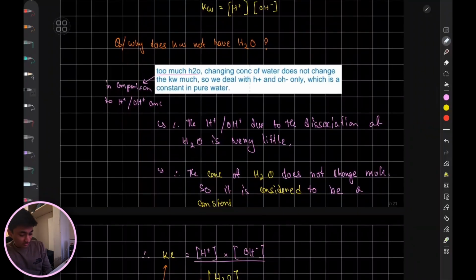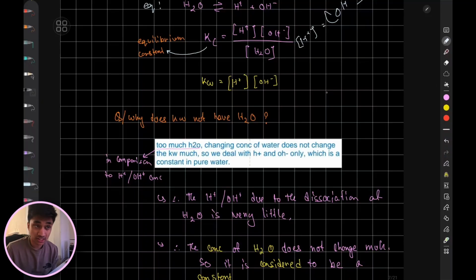Now, why are we not taking H2O in Kw? Because Kc absorbed the H2O concentration. That's one way to think of it. The other way to think of it is that it has too much H2O, and changing the concentration of water does not change the Kw. The reason being,